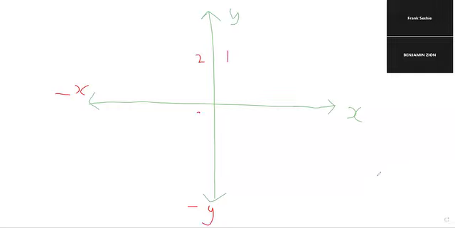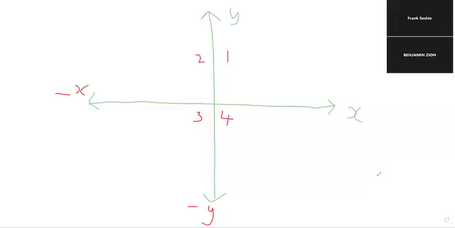So if this is my normal graph, and this is the x, this is the y, and this is the negative x, and the down part is the negative y. So if you come to this region one, region two, region three, region four,